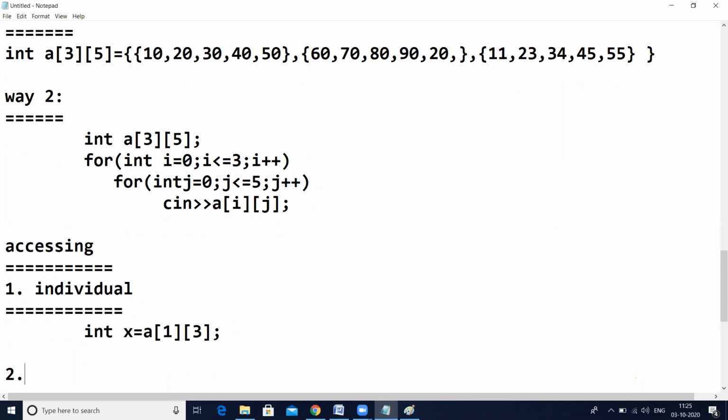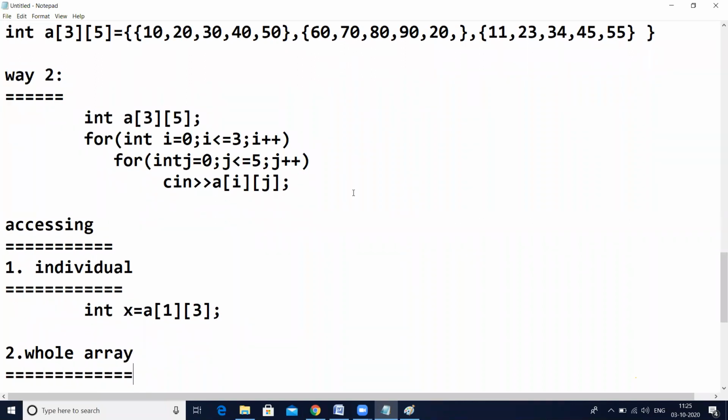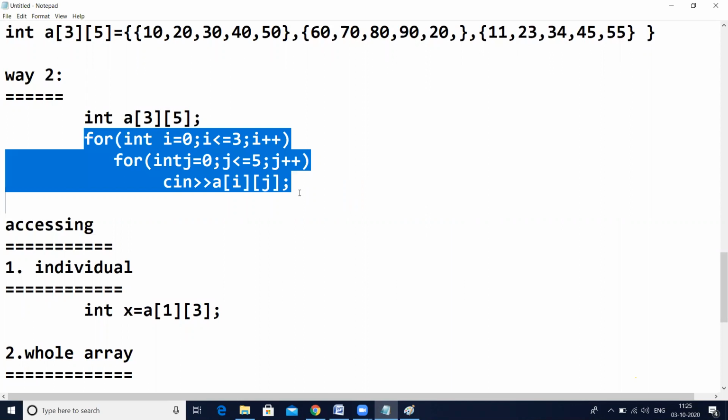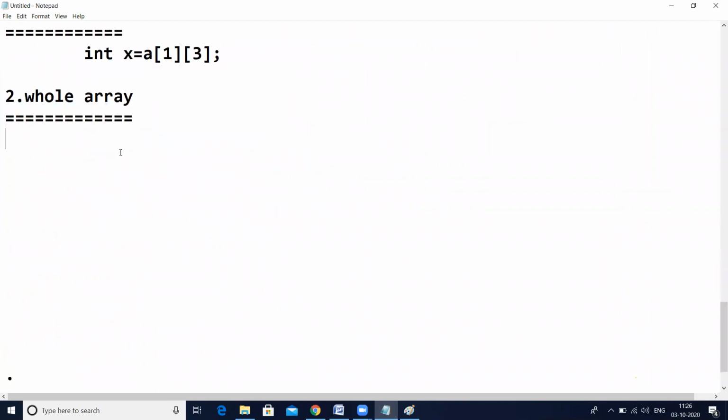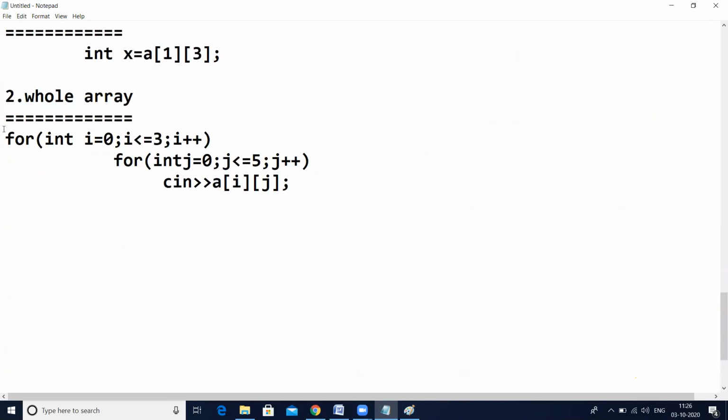Otherwise, in the second way, complete whole array accessing by using the for loop. By using the for loop, we can access the complete array also.